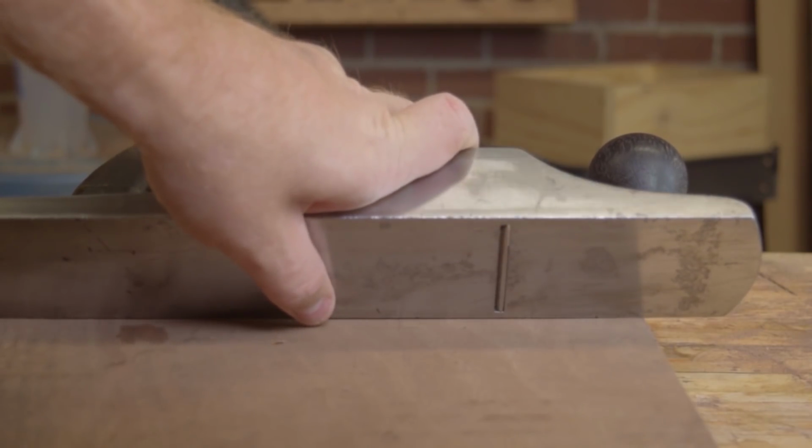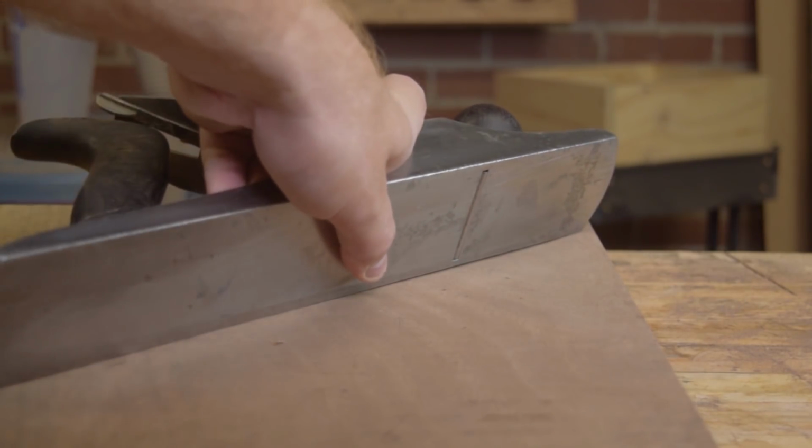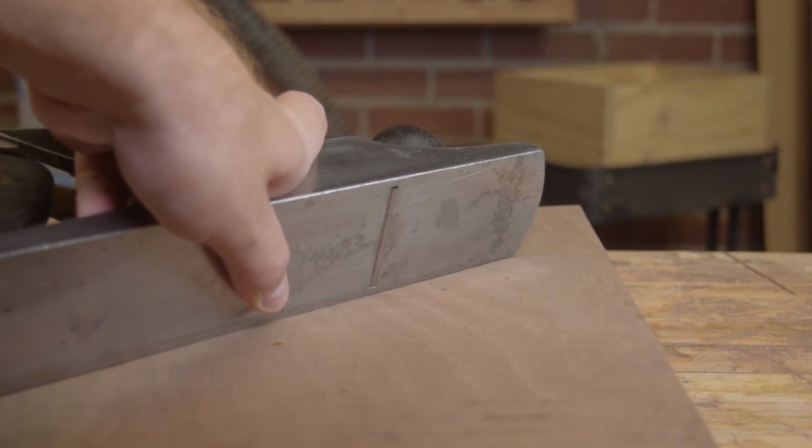If you want to see that, I'll link it on here. So I flattened it reasonably enough. There's no joinery going in this, but